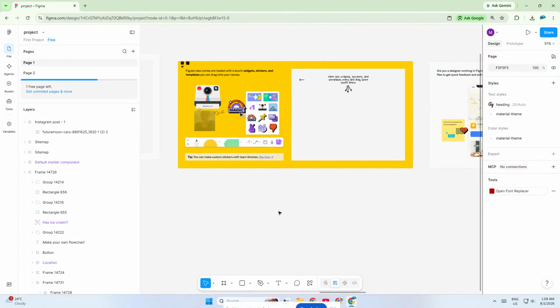In this video, I'm going to show you how to add members in FigJam quickly and easily, whether you want to invite someone by email or share a link with your team. This is really helpful when you're collaborating on brainstorming sessions, planning boards, wireframes, or any FigJam file where multiple people